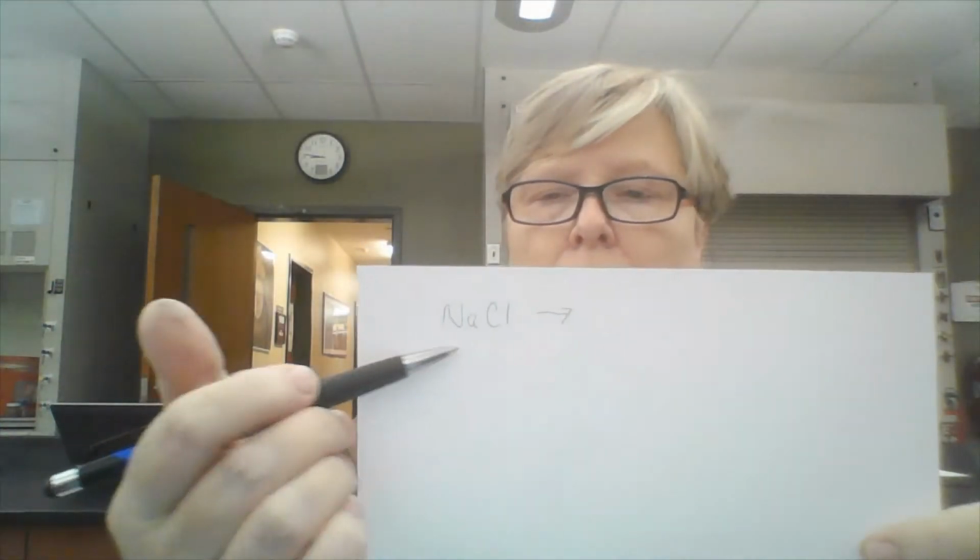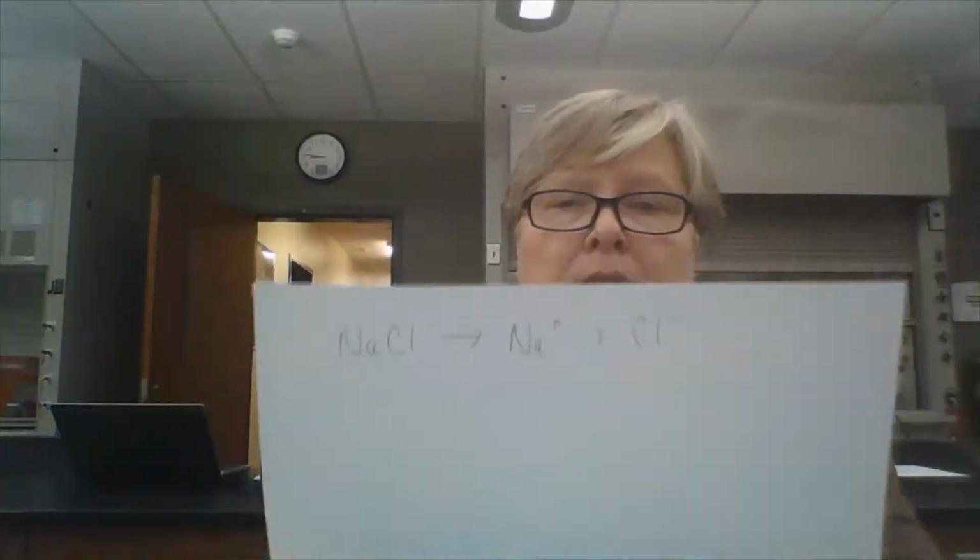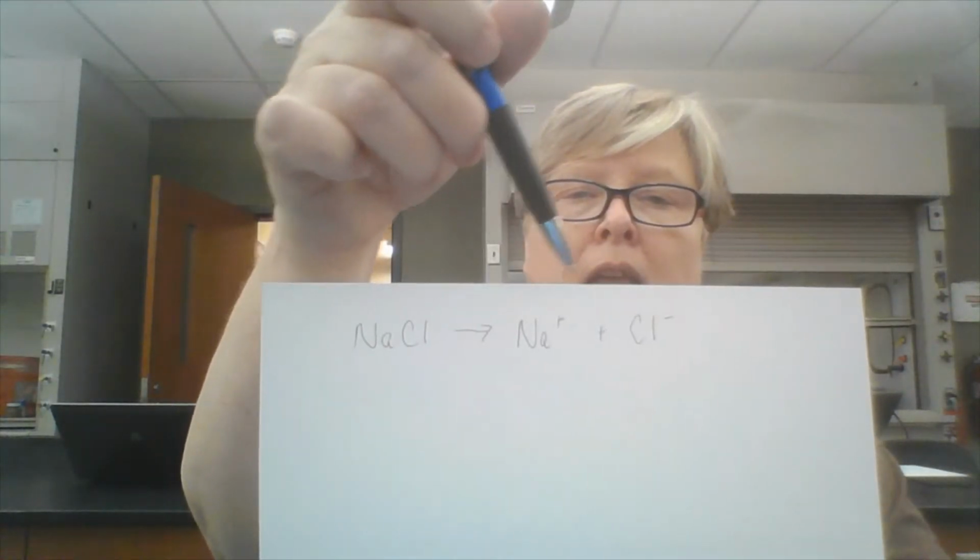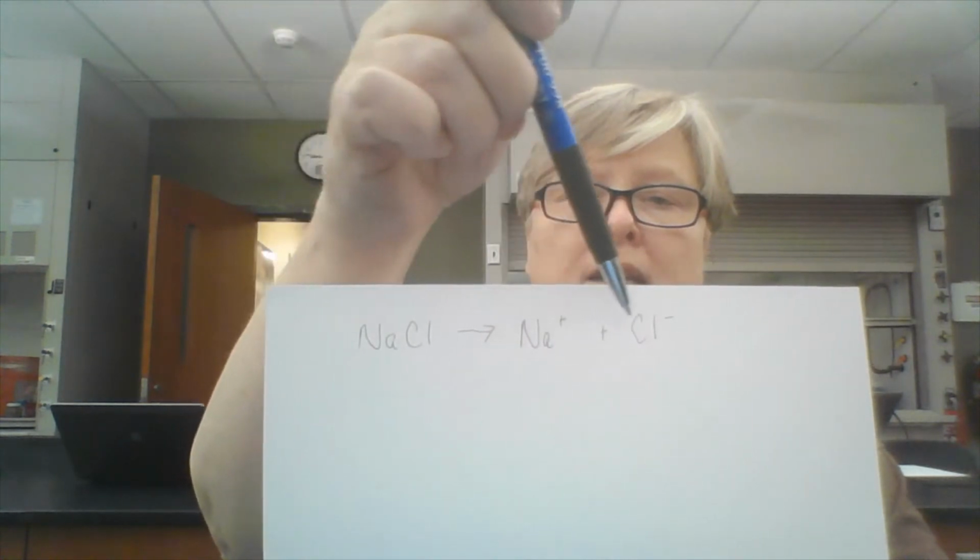Hi, Vicki Williams here. I want to explain a little bit more about compounds breaking up into ions and how many ions they break up into. For example, if we look at the formula of sodium chloride, we see that there's no subscripts. That means there's just one sodium ion and one chloride ion, and they break up in water into a sodium ion and a chloride ion, and there's only